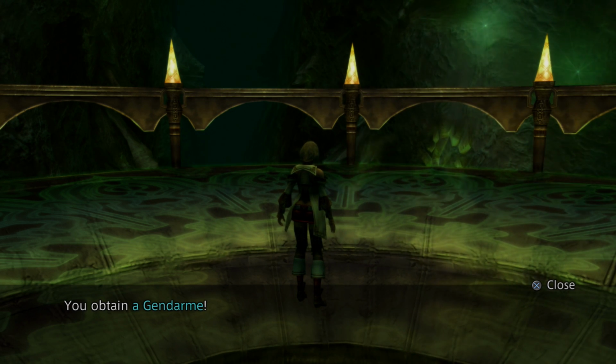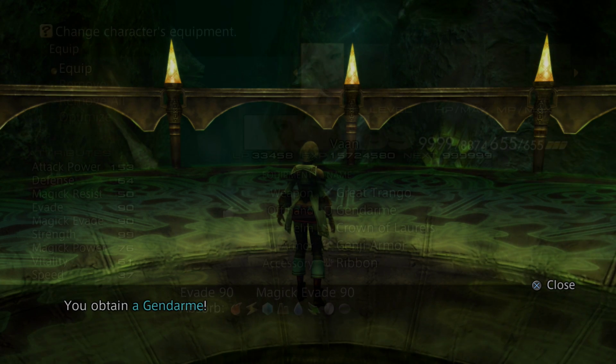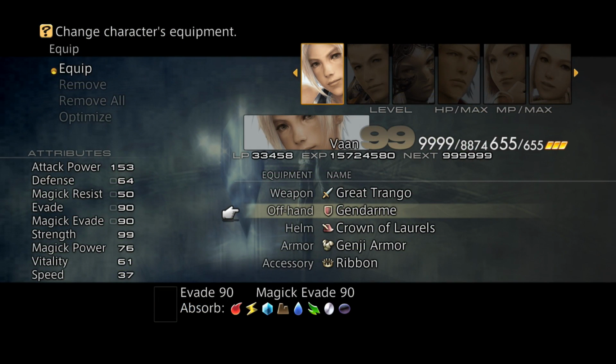The Gendarme shield is easily the most powerful shield in the game. It has 90 physical and magical evade, making it ridiculous enough to even take a hit while using it. On top of that, it absorbs every element in the game, making you completely immune to all forms of magic. It also doesn't require a license, so any job can equip it. At this point, only debuffs and instant death type skills can threaten you, and with a ribbon, you can cut